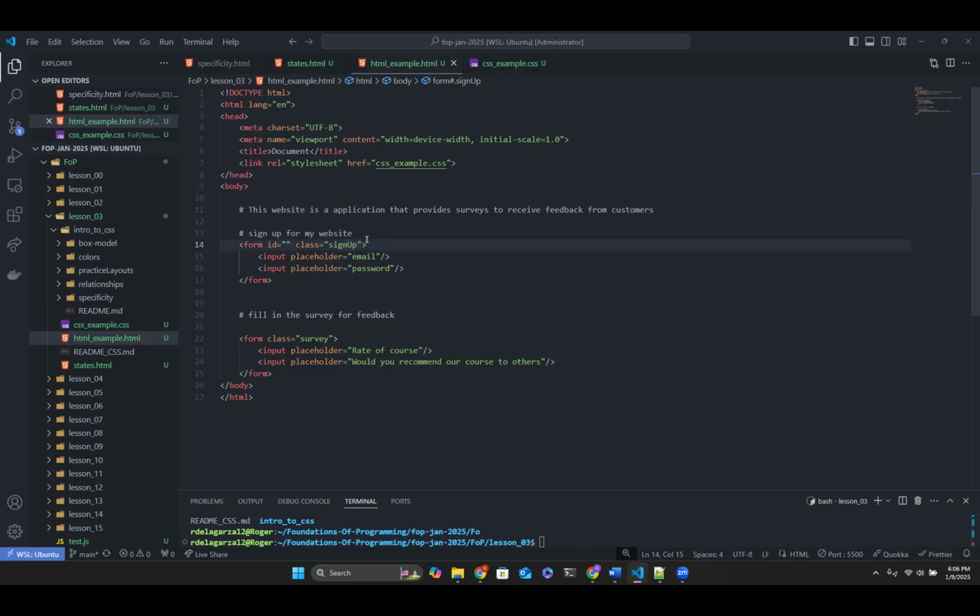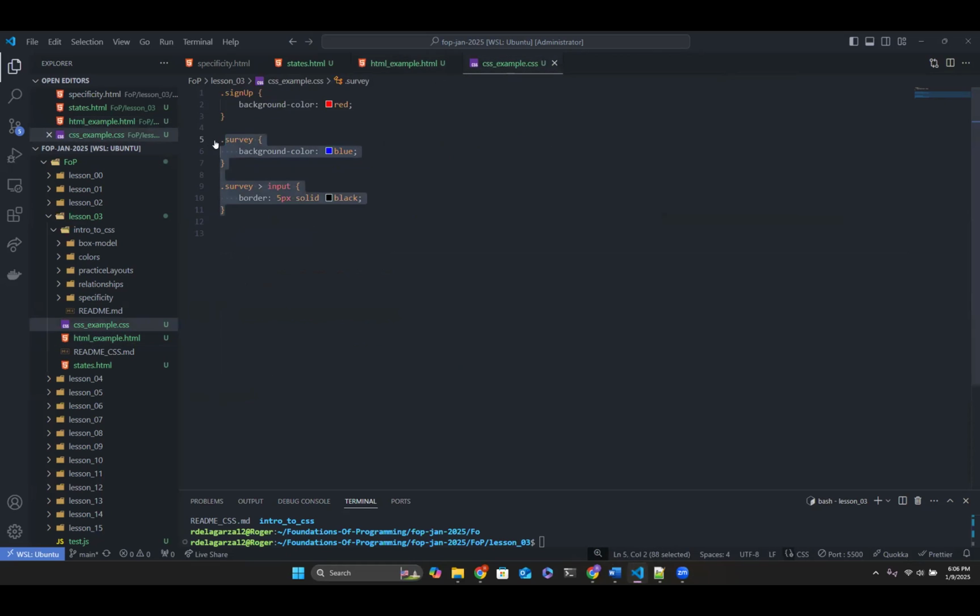And we'll just give this an ID called dark. As we know from the levels of specificity, elements are the lowest, then class, and then ID. Even though the signup class is set up here on this form, if this ID has CSS that overrides it, the signup class won't even matter.